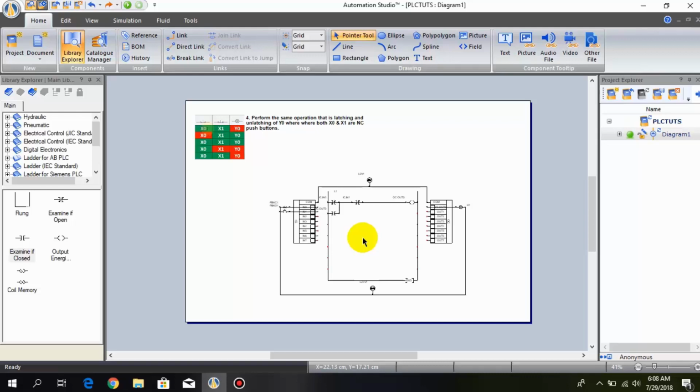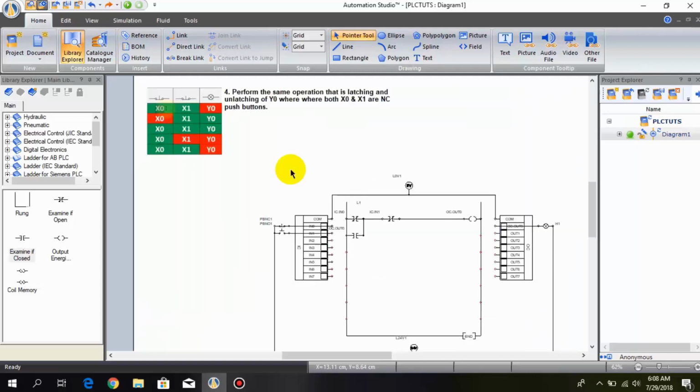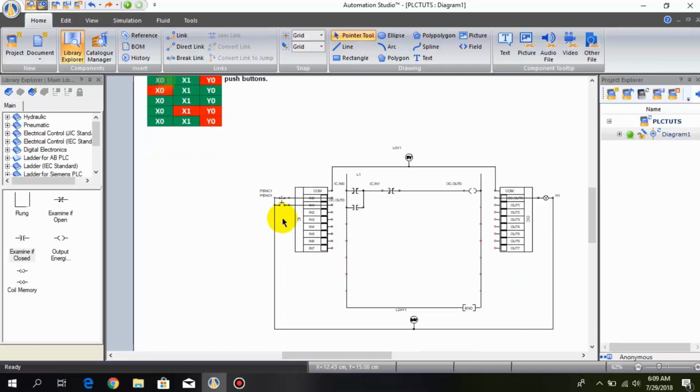So let's begin our question number 4, that is also related to latching and unlatching of Y0. So perform the same operation, that is latching and unlatching of Y0, where both the X0 and X1 are NC push buttons. So here we have two push buttons and both are NC. So here we have to replace this push button with the NC, and we also have to do some changes in